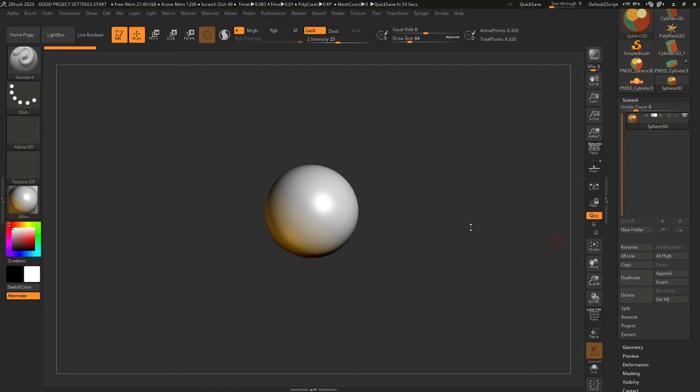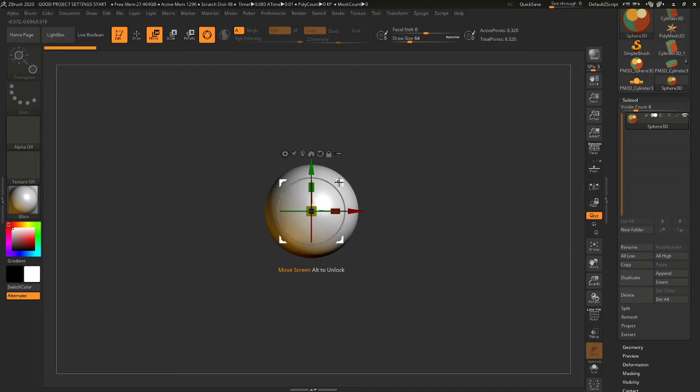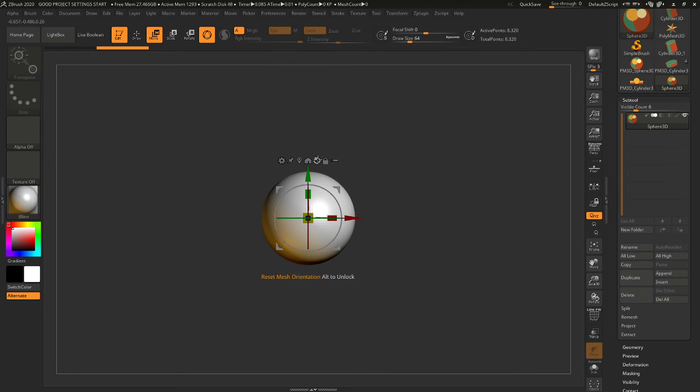Okay, so now what we're going to do is look at some of the features. Whenever you select a subtool, hit the W key. That gives you your transpose tool, your transform tool. We're going to look at some of these features up here at the top. So the very first feature we're going to look at is,